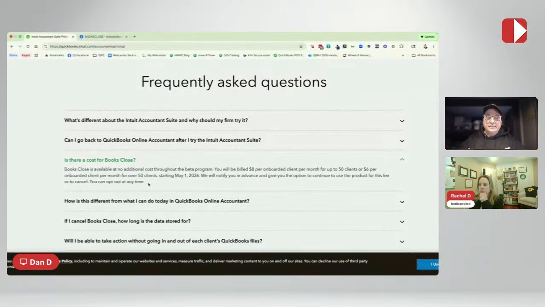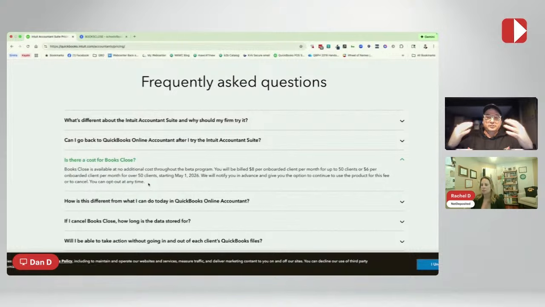It's one of those things that we were talking about with the bill pay feature. If you don't know that you're using books close, you wouldn't know, because you're inside of the firm. You're not needing to go into your client in order to see that utility. And that was the complaint or the feedback: this books review tool is kind of cool, but I've got to go into each client, and I don't have any visibility into